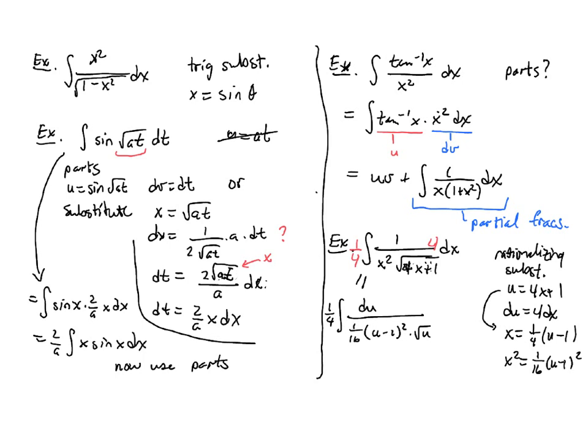Apparently I've forgotten how to do rationalizing substitutions. This is of course not the way. So rationalizing substitution is correct, but this is not the u that you want to use. So let's try that again on the next page and then we'll be done. So back to the drawing board. We are looking at the example of 1 over x squared square root of 4x plus 1 dx, and the rationalizing